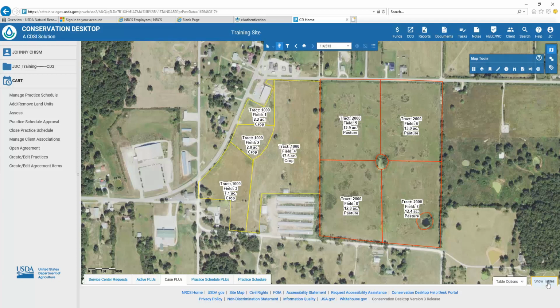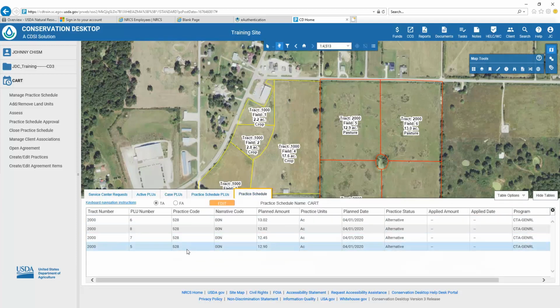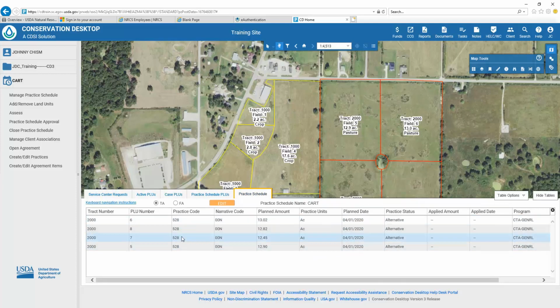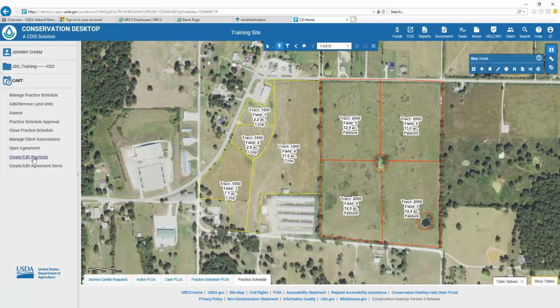If we look at the tables and go to the practice schedule table, you'll still see that the only practices that show up in the practice schedule table are the 528 prescribed grazing practices that we actually put in Conservation Desktop before we went into CART. However, if we go to the Create Edit Practices